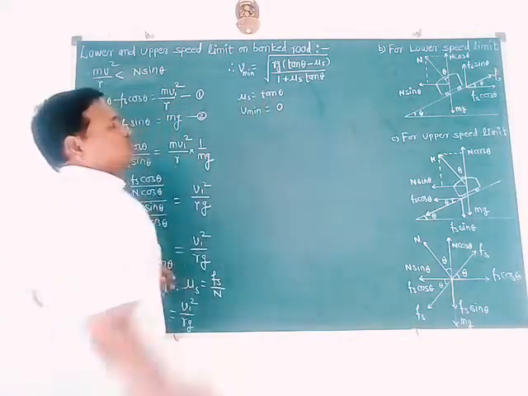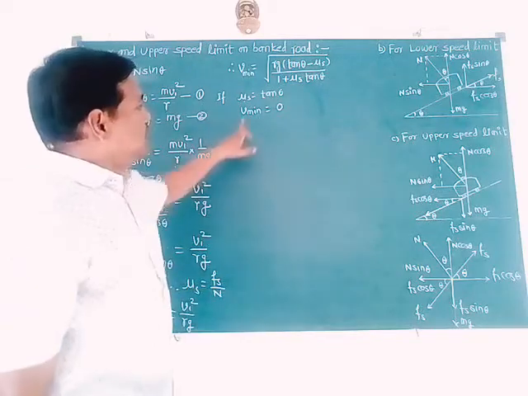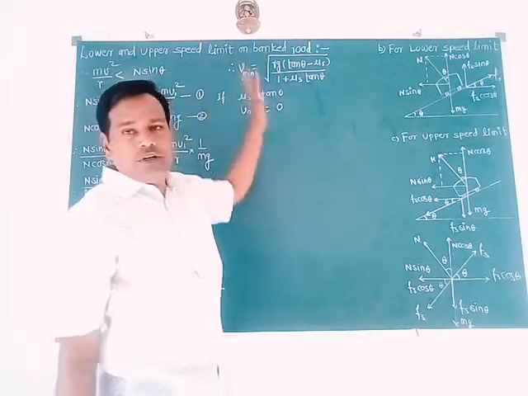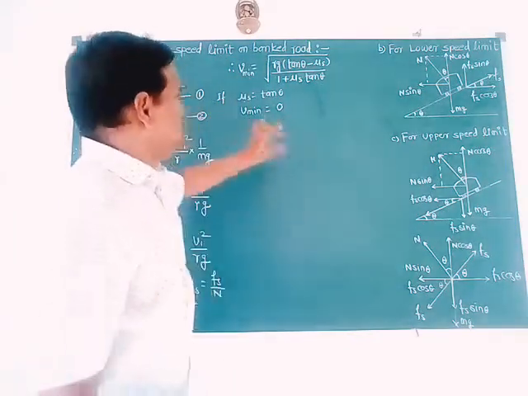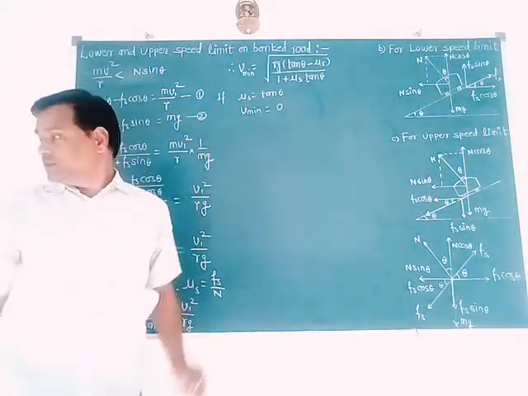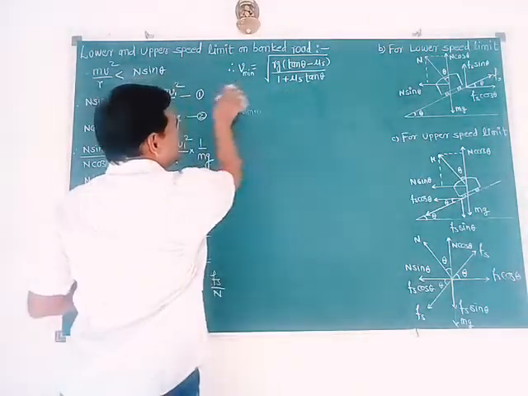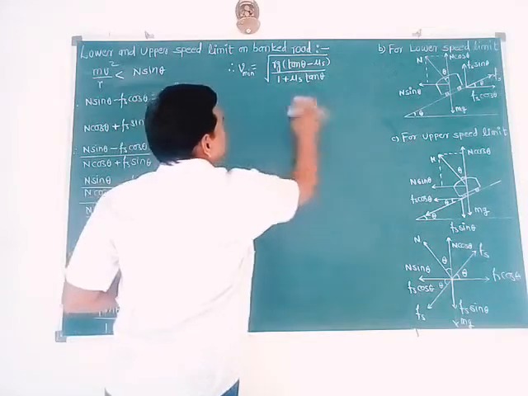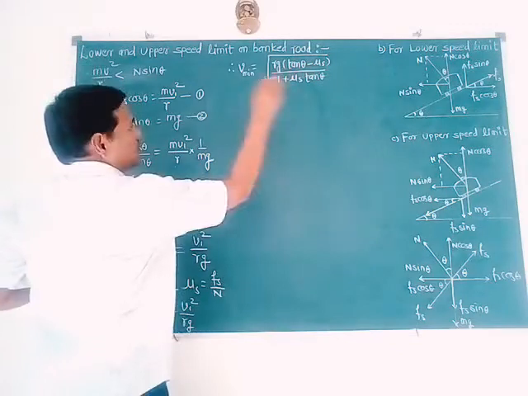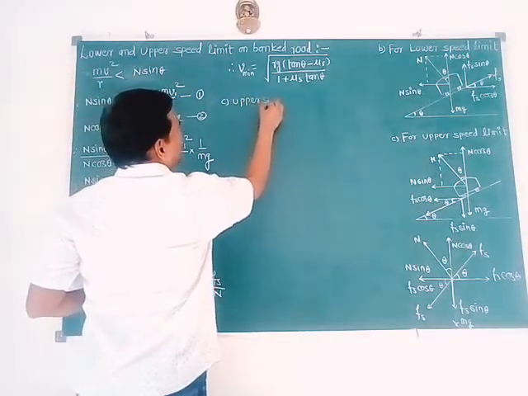And here is mu s equal to tan theta. If we put here mu s equal to tan of theta, then V minimum becomes equal to 0. So 0 into anything is 0, 0 divided by anything is also 0. So you can write this as lower speed limit of vehicle on banked road like this. Now we have to obtain the upper speed limit. This was lower speed limit. Now last, upper